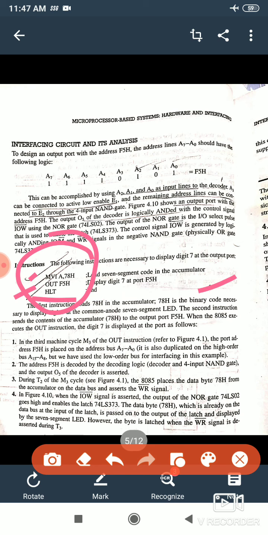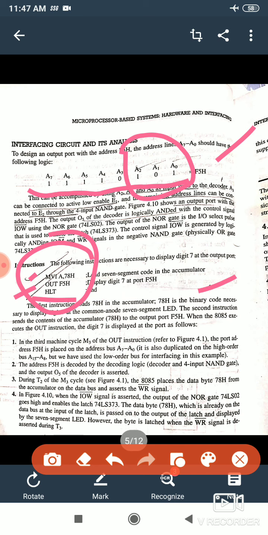Now next, if we have to interface our LED, we have to use the address map. So this is the address map as F5 is given to us. So A7 to A0, we will just write the F5: 1111 0101. Now if we see this, the last 3 bits would be taken as the input to the decoder,